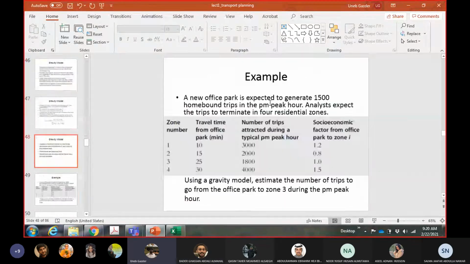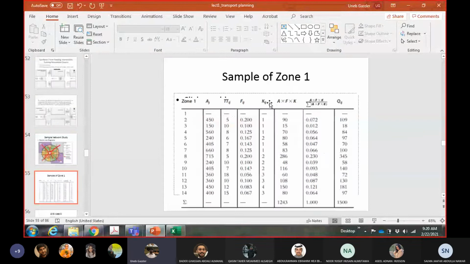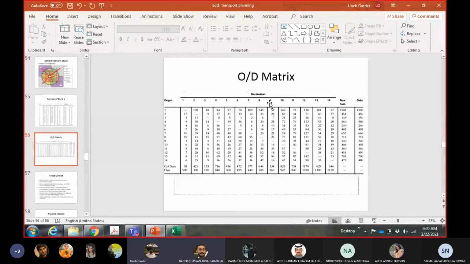So I have decided, let us follow one approach. Doctor, we are deviating from the book for this case. Now for the OD matrix, you have calculated the first row. And if you calculate